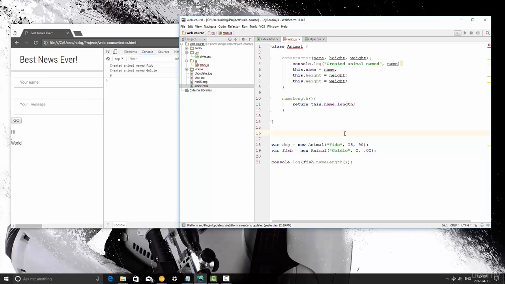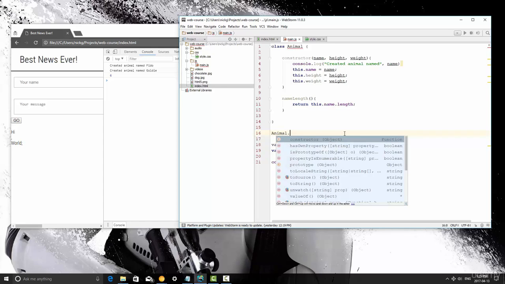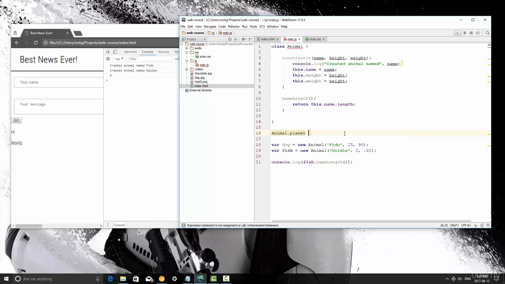So in this case, what variable could I attach to that that would be the same for all animals? I know. So I'm going to say animal, and this is outside of the class, by the way. I'm going to say animal.planet equals Earth. So now what this does is, by doing this outside of the class, it doesn't matter if this or this is created. Dog.planet is going to be Earth, and so is fish.planet. So let's print out